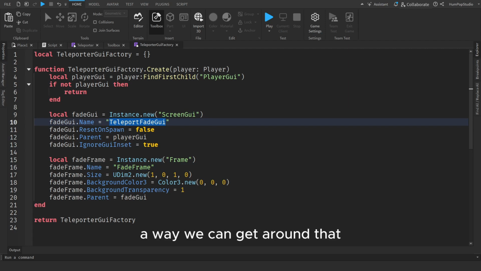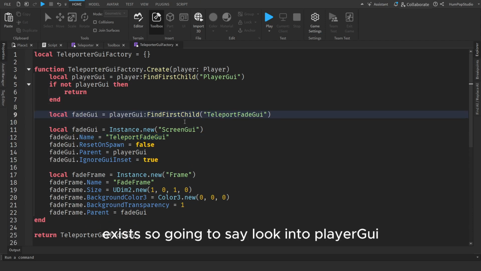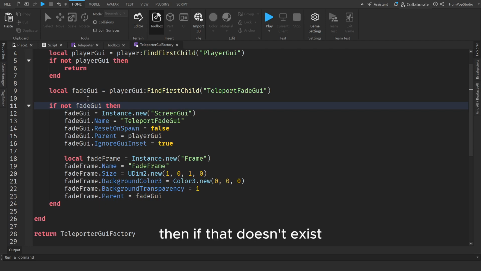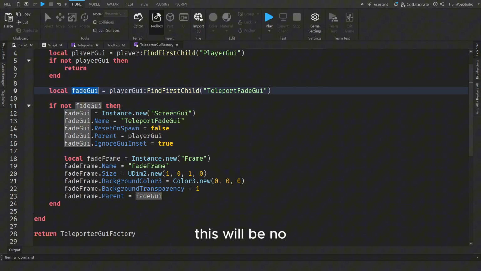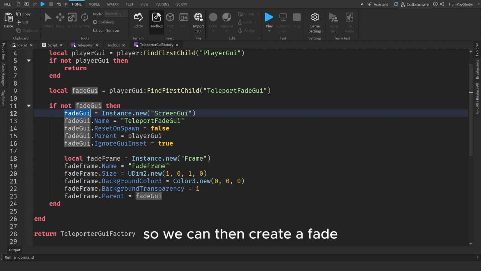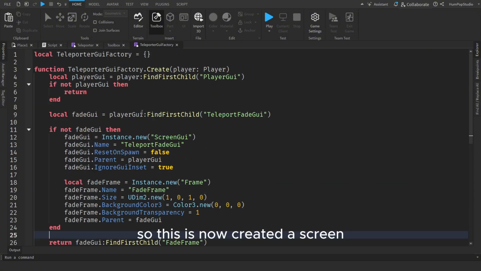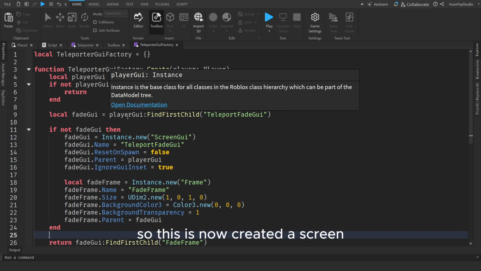The way we can get around that is checking to see if this teleport fade GUI exists. So we're going to say, look in the player GUI and find the first child called teleport fade GUI. Then if that doesn't exist, this will be nil. So we can then create a fade GUI and assign it to this fade GUI variable which we've created. Once we've done all of that, we then want to get the fade GUI and return the frame. So this is now creating us a screen which will be able to fade in and out